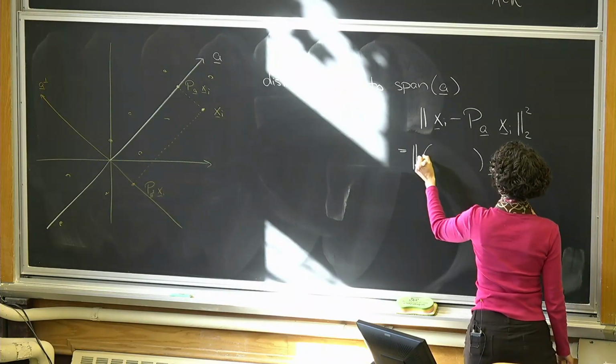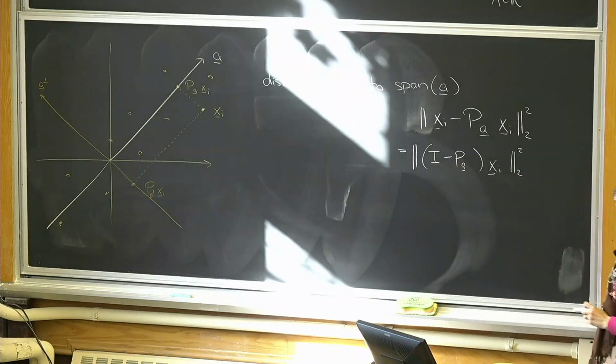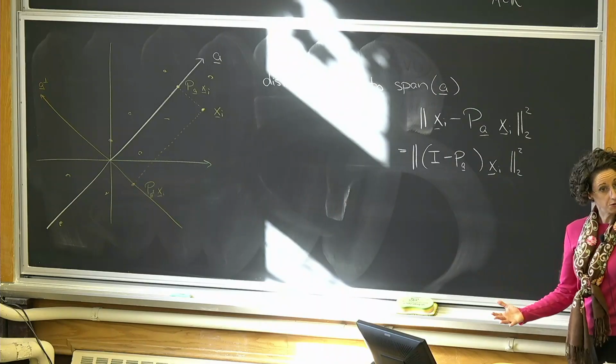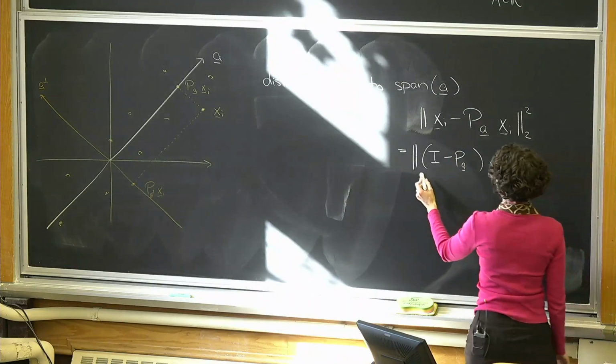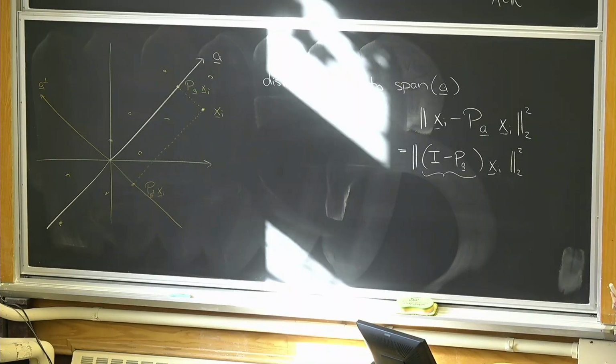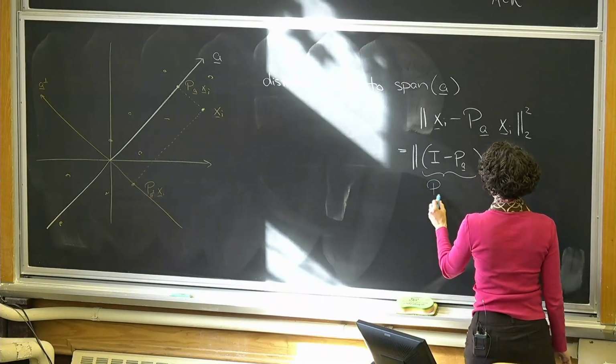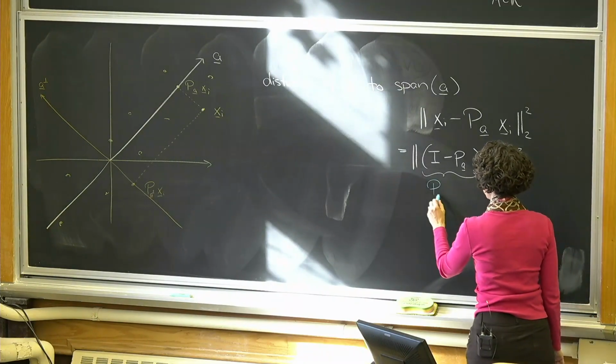And what I've got left is the identity minus the projection onto A. So, given everything we've been talking about for the last 10 minutes or so, what is this identity minus PA? Right. This is exactly the projection onto the orthogonal complement, which in this case we are now calling A